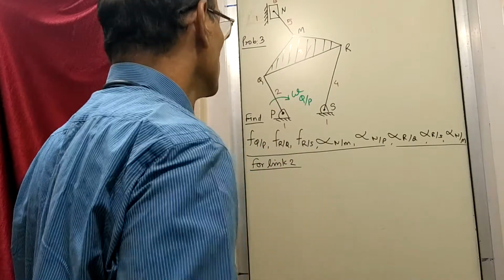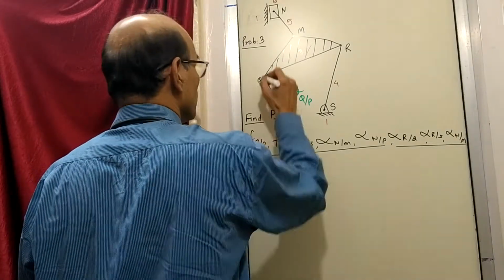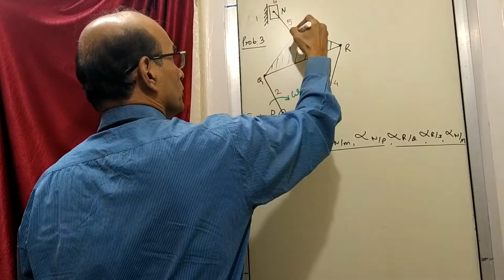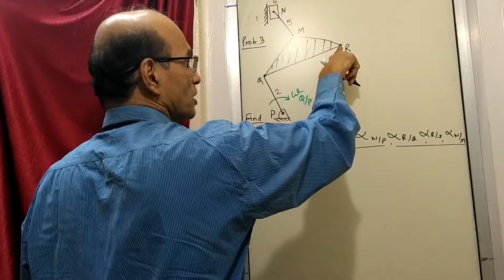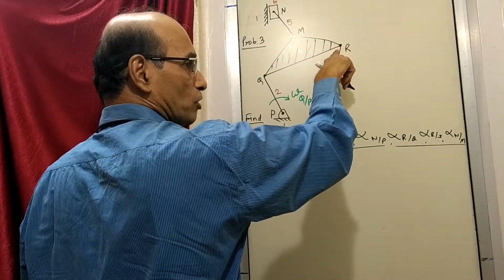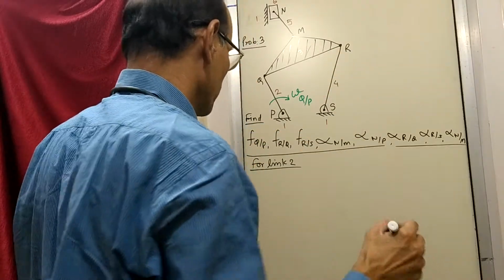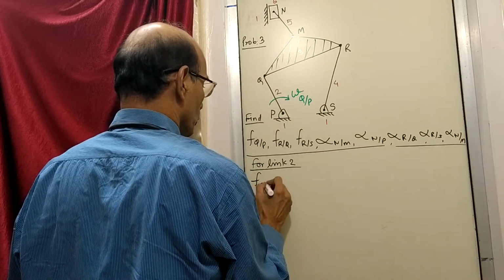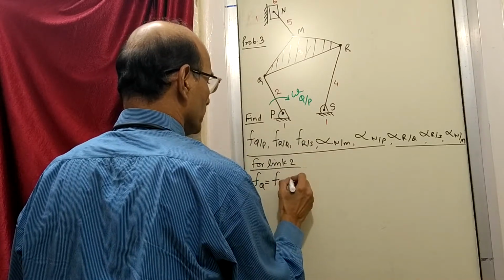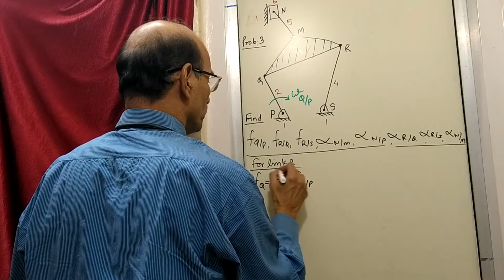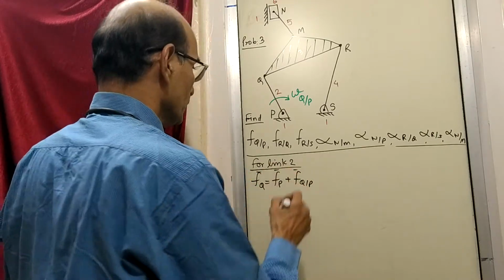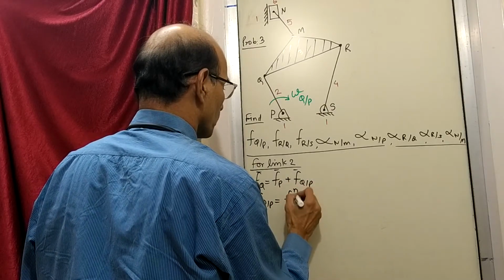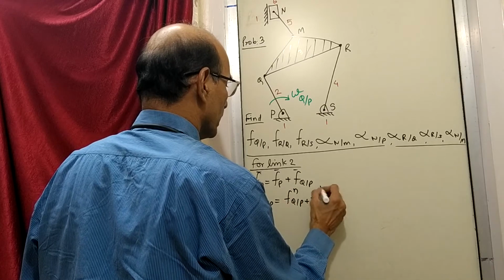For link number 2, now these are all pin joints here. Now these pin joints you have to show like this. You cannot just draw it without these dots showing that there are pin joints, kinematic pairs which we have learnt earlier. So now for link number 2 we write acceleration of any point q is equal to acceleration of a known point p plus acceleration of q relative to p, as a vector equation. Out of that, q relative to p is equal to normal component and the tangential component.